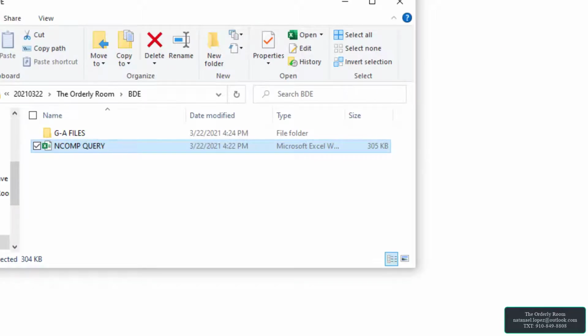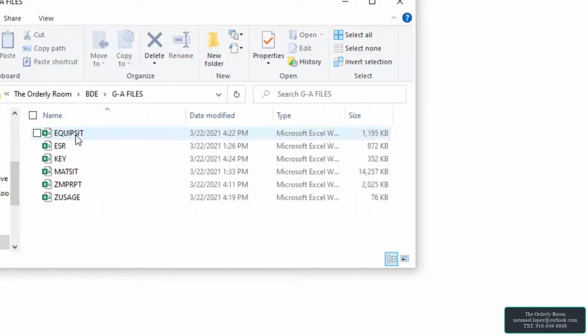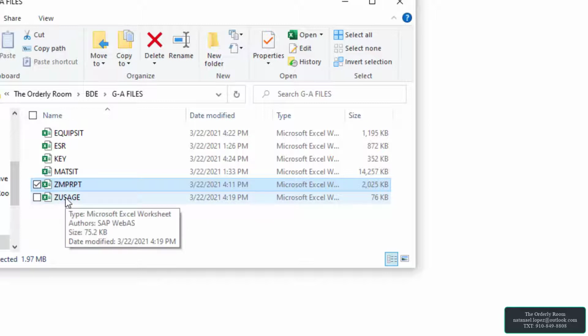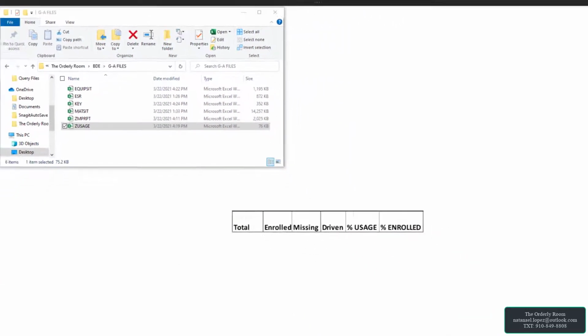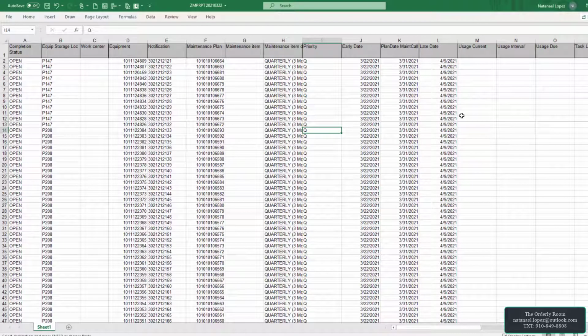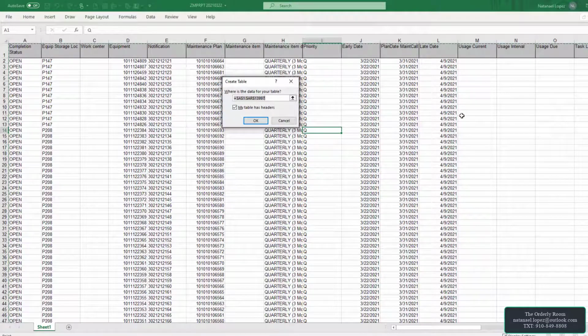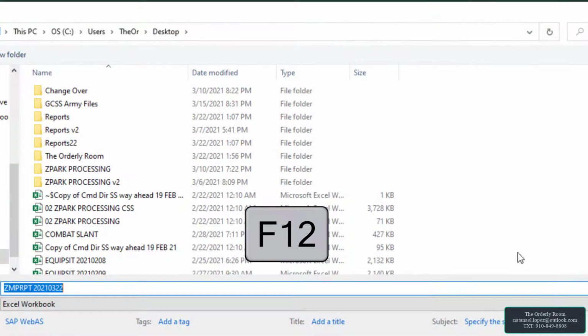In order to do this query, we're going to need to have equipsit, service schedule, and usage. Those are the three fields that we need from Army. Once we download it from Army, the only thing that we're going to have to do is make them into a table by hitting Control T, hitting OK, F12 to save it,